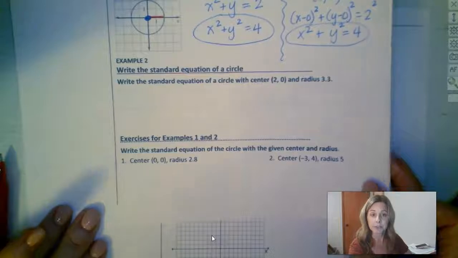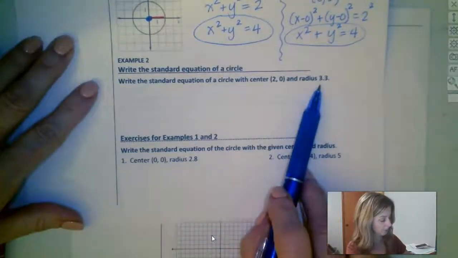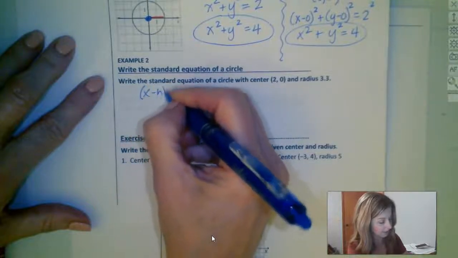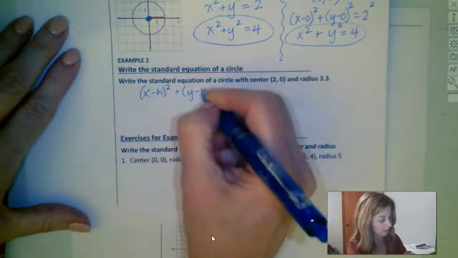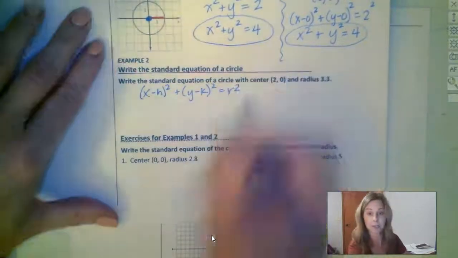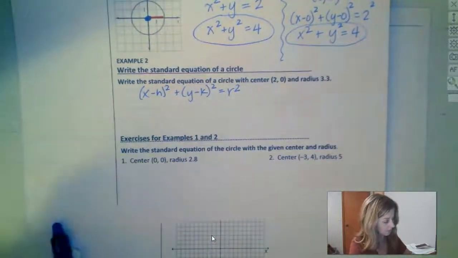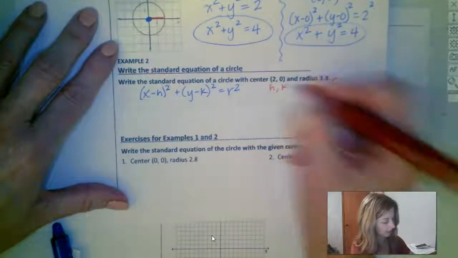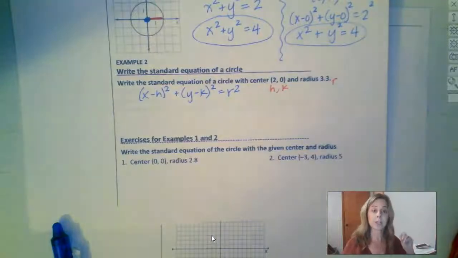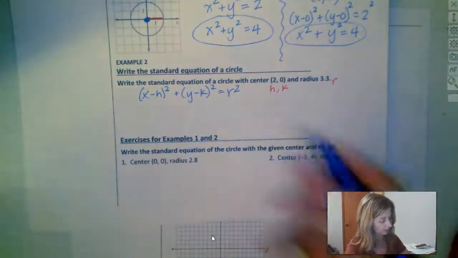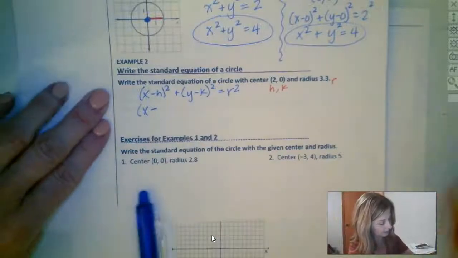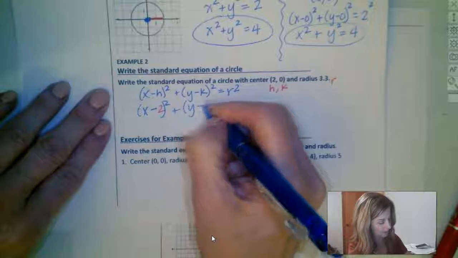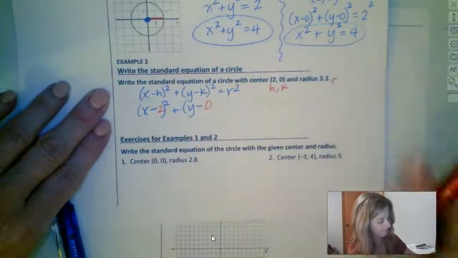Write the standard equation of a circle with a center of 2, 0, radius of 3.3. So I would recommend you write the standard equation out. x minus h squared plus y minus k squared equals r squared. Okay, so of course my radius is r. Your center is h comma k. All right, so 2 is h, k is 0. So when I go to plug that in, I'm going to have x minus 2 for h squared, plus y minus 0 for k,